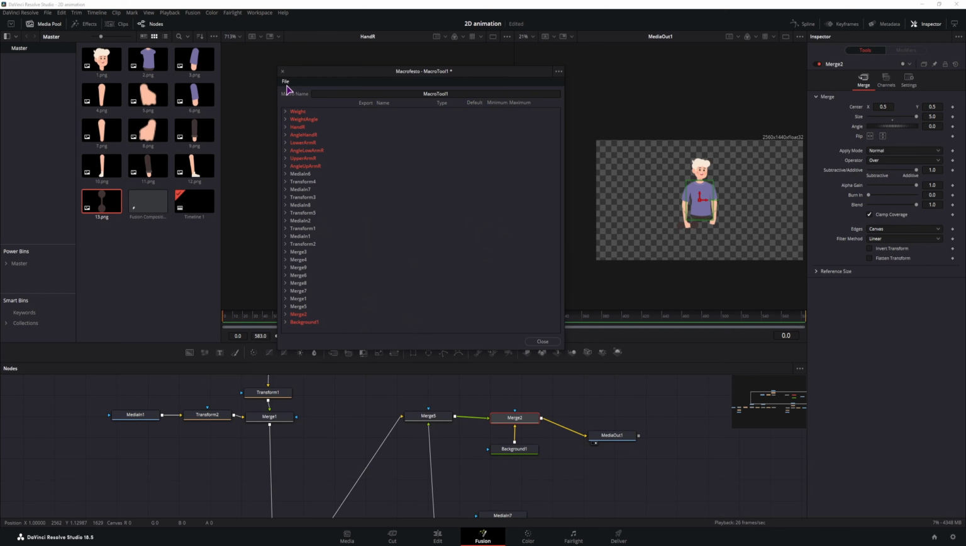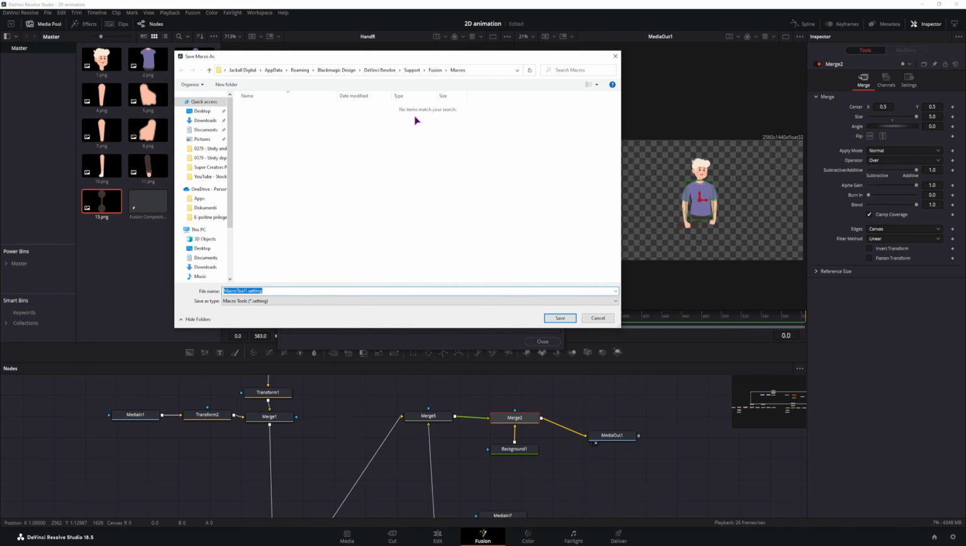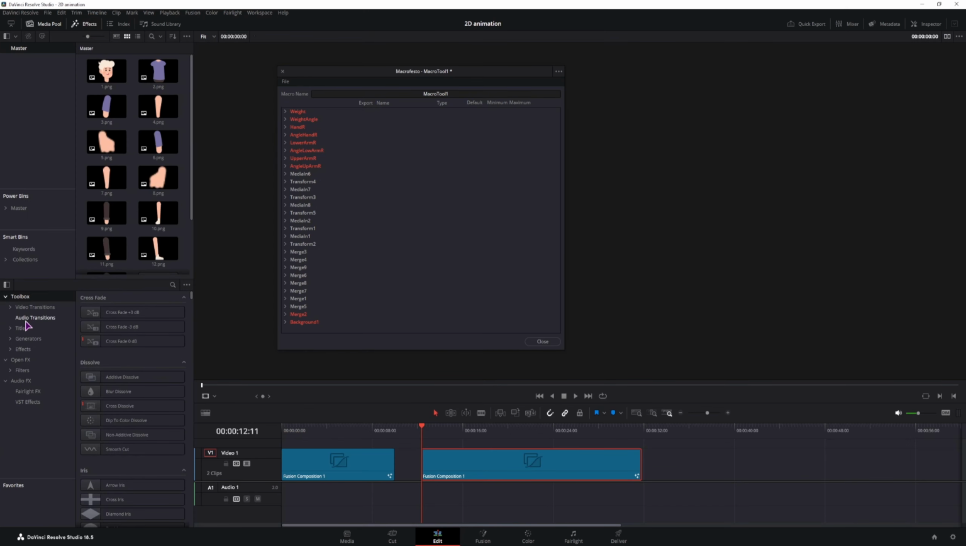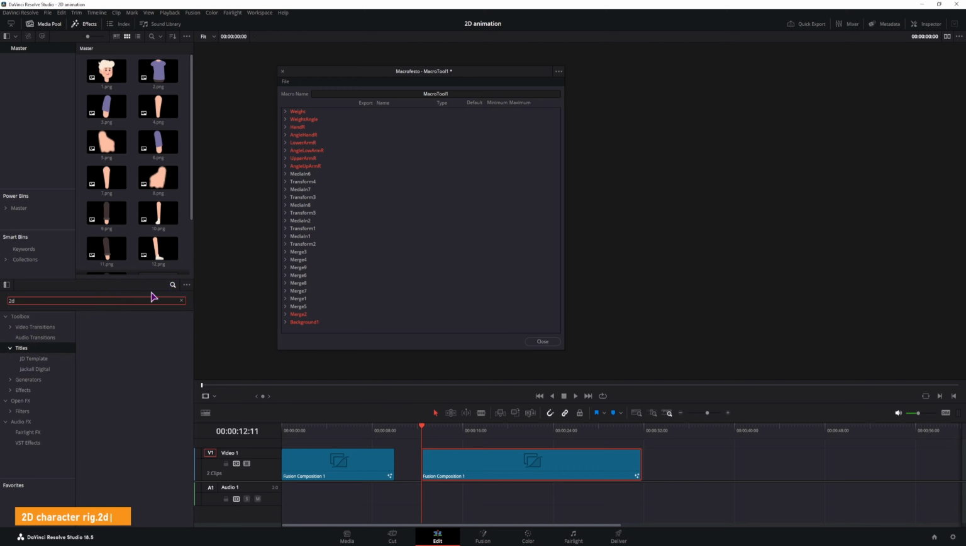Now once you have everything done, we'll go to file, save as group, fusion, templates, and as you can see I don't have anything yet. So let me make a folder. So this could be a title, so I'll make a titles folder, but it could also be a generator. So I'll make a generators folder as well, but I'll put it to the titles and name this character rig.settings. Save the template, go into the edit page, open the effects, go to titles, type in 2D, so I